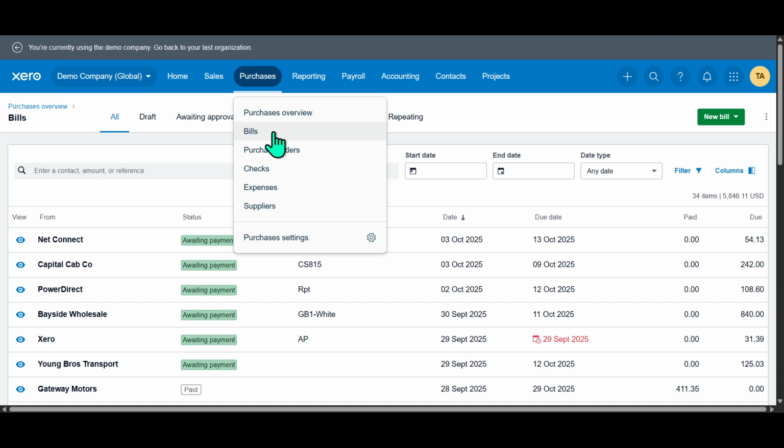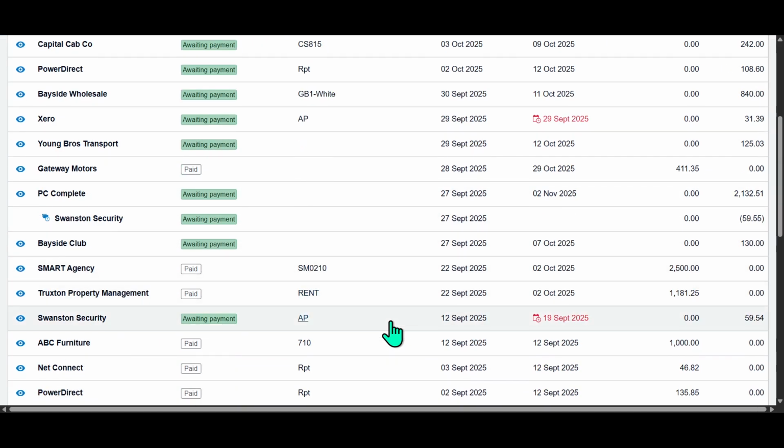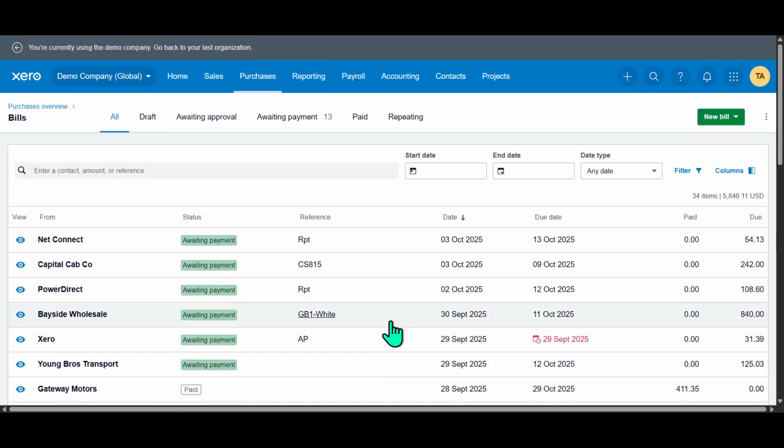After selecting Purchases, you will want to focus on the Bills section. Click on the Bills option, and you should now see a comprehensive list of all your bills. This list includes both paid and unpaid bills that you have recorded, providing a full overview of your current and